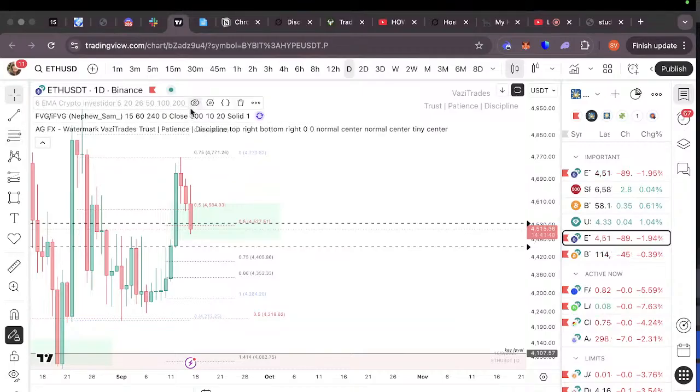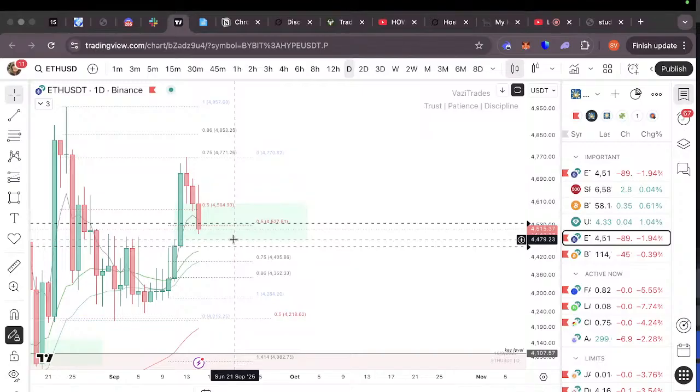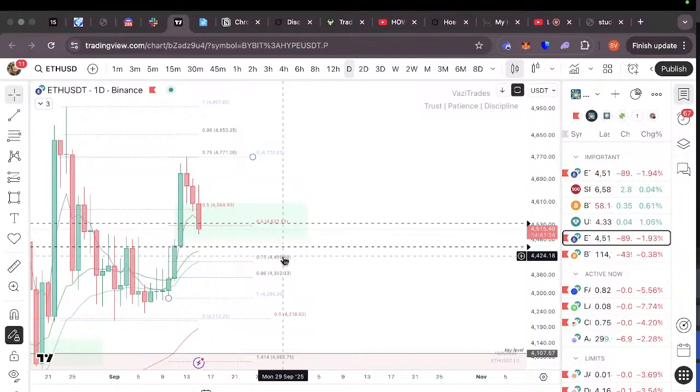Let's check if there are any EMAs. Okay, we can see that the next support levels on Ethereum are the 0.75 and 0.86 Fibonacci, which come to 4,405, 4,352, which also align with